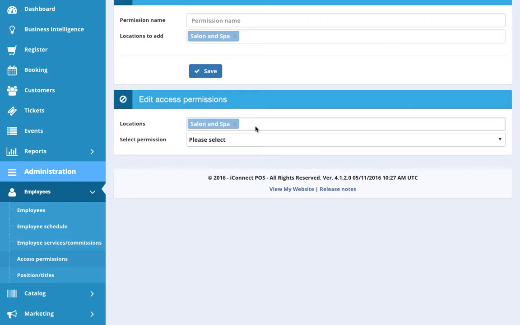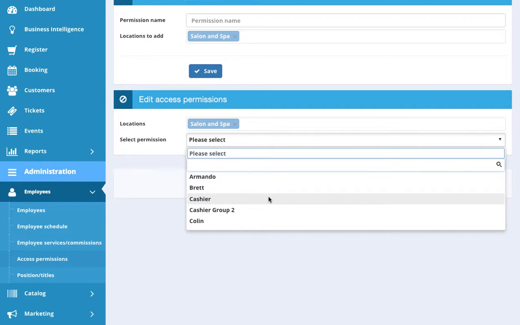The reason for this is that when you create access permissions, they are assigned to specific locations in a multi-location business. So if you have 10 locations and you only want one or two of those locations to have a very particular set of access permissions for employees that work at that location, you would only assign those access permissions to those two locations. So whichever locations are loaded into this field, only the access permissions that are assigned to those locations will appear in this drop-down menu. At the salon and spa, we have several different access permissions that we've created and assigned to that location. So we're going to stick with salon and spa, just one location, and we're going to look up the cashier permissions